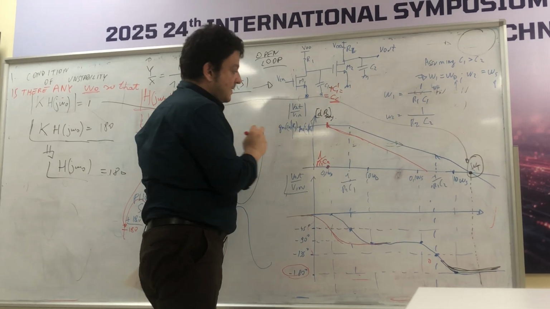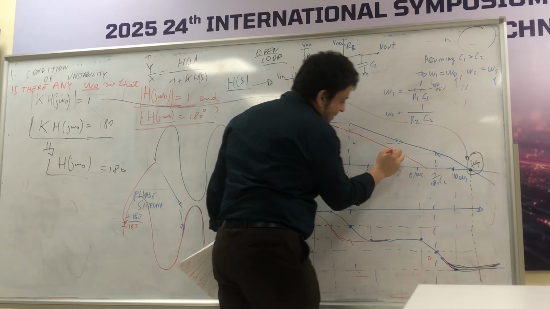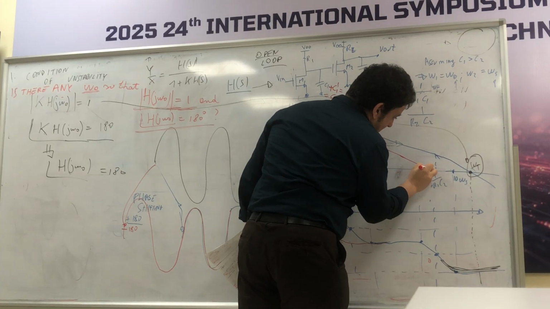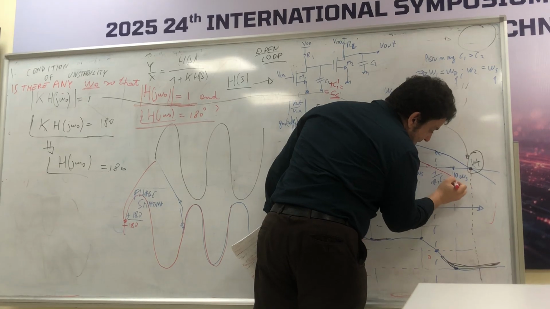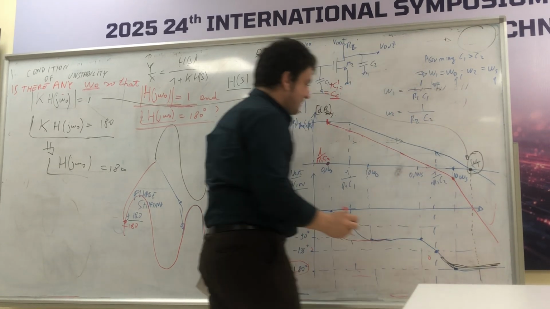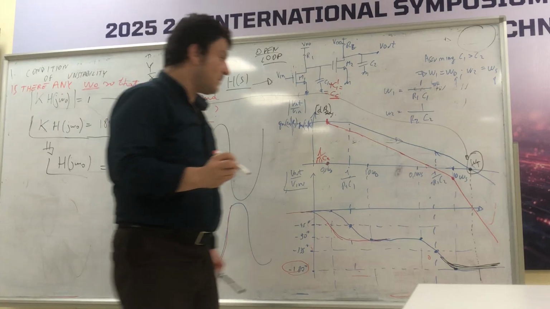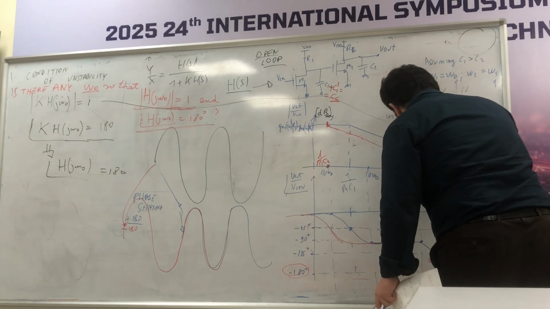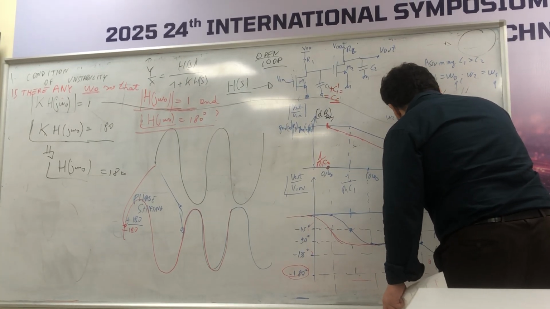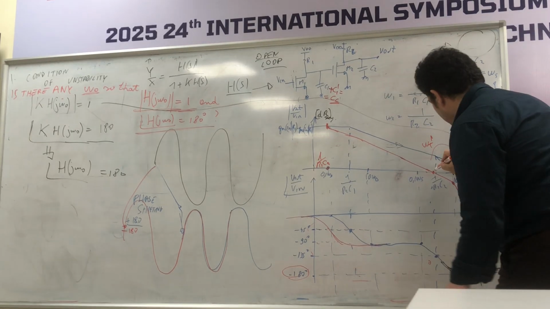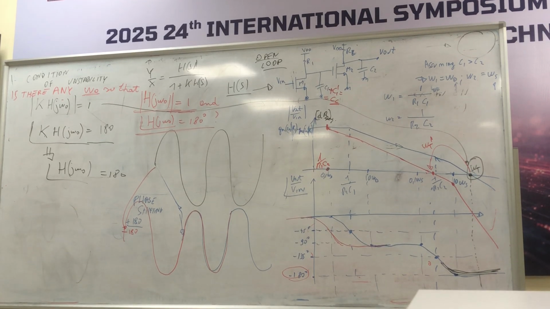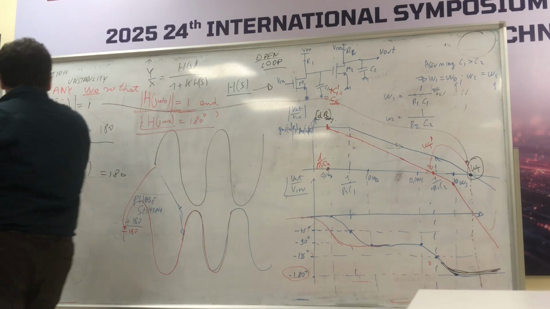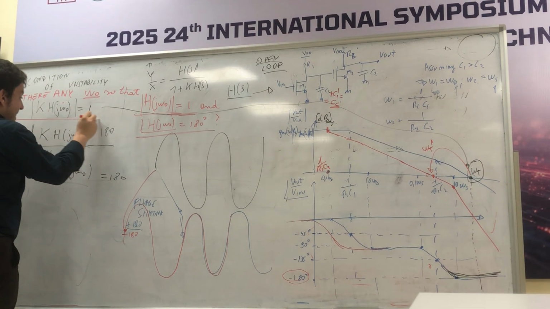So here, the second pole is here. Okay? So now, the new omega t is here. Okay? Omega t first. What does it mean? It means that the value for which the frequency, the gain is unitary,